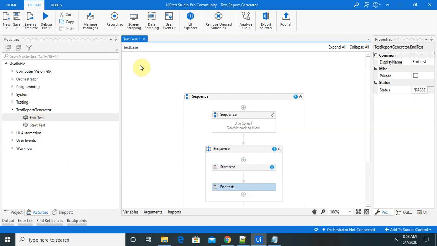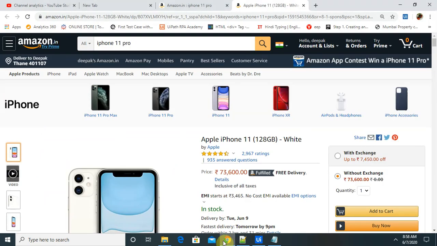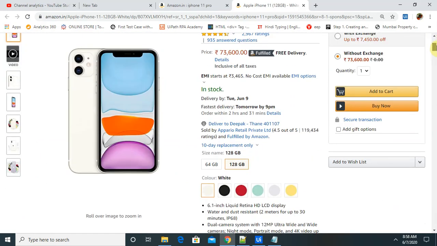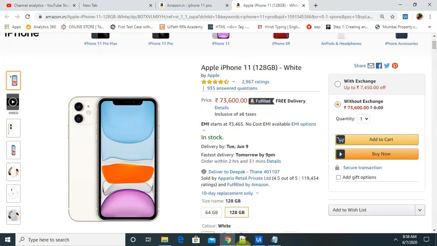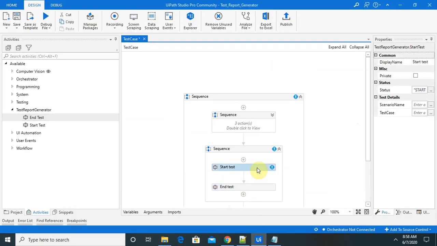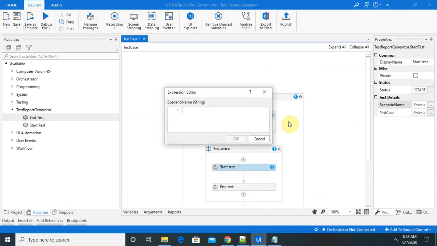Then here I am going to use another recording, but this time I am going to place an order or add to cart. So start test, I am going to add the product in cart.